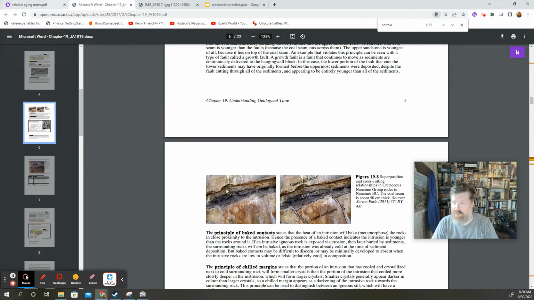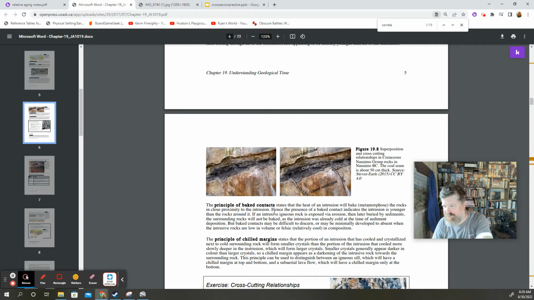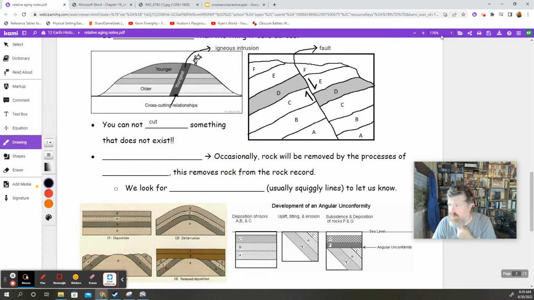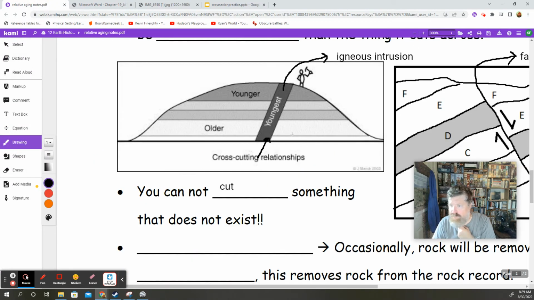you know what, we got to put that on there. Baked context. It's a strange way to say it, baked context. I've never actually heard it phrased that way. What will happen? I'm going to zoom in a little bit. When this magma comes through, it's hot, and it's going to melt its way through the rock. But some of the rock doesn't get melted; it just gets altered by the heat, so that it's like it's